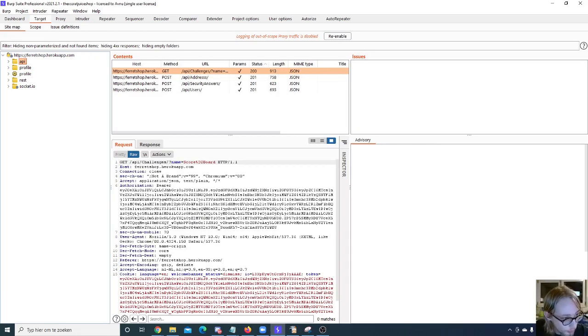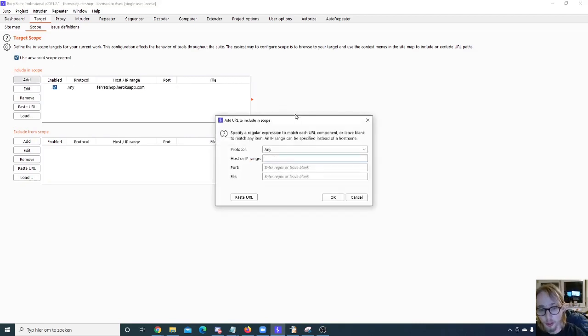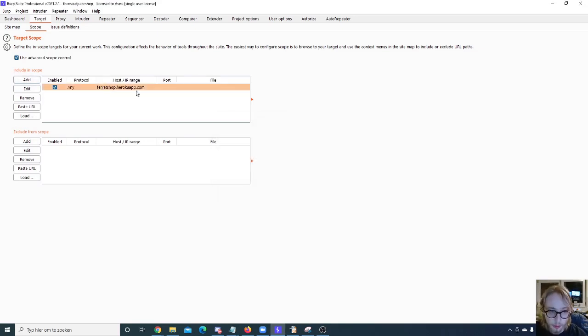That was it for filtering, scanning. We've had those. Then we'll move over to scope. This is a really cool section in here because you can use the advanced scope control or the regular one. I always use the advanced one. This has the advantage that I can enter regular expressions in here. I usually enter part of my host, like in here,